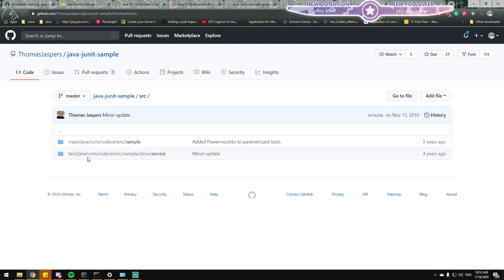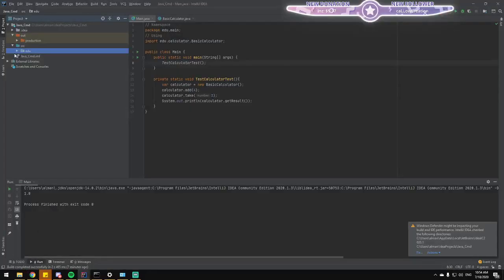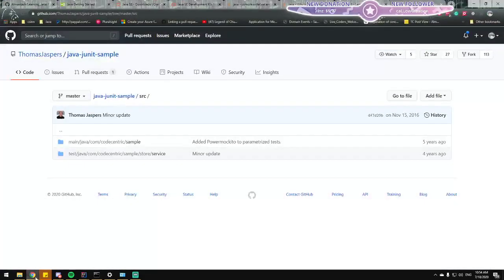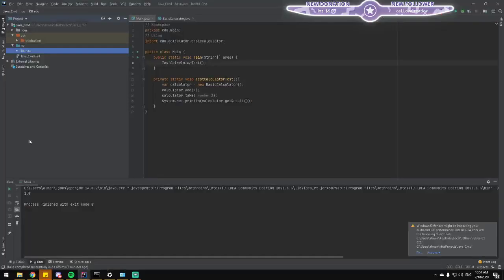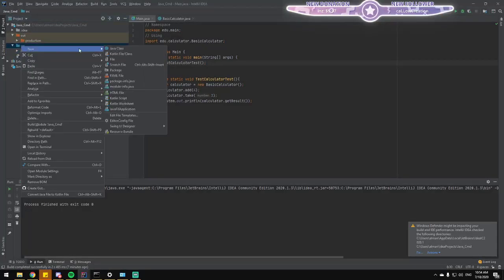Code-centric sample store, com code-centric. Okay. Main Java and test Java, inside the source directory. And what are those folders? Are they folders?